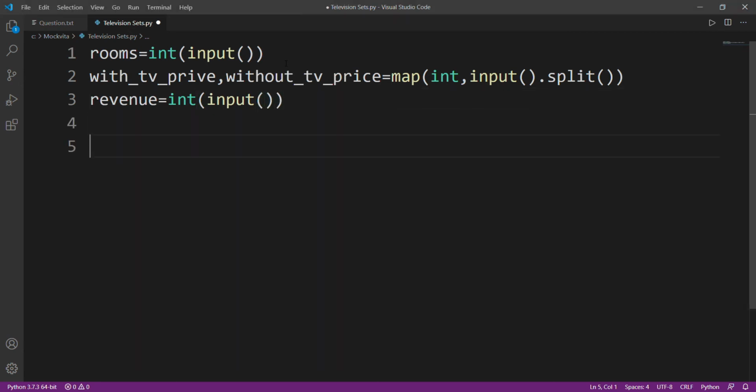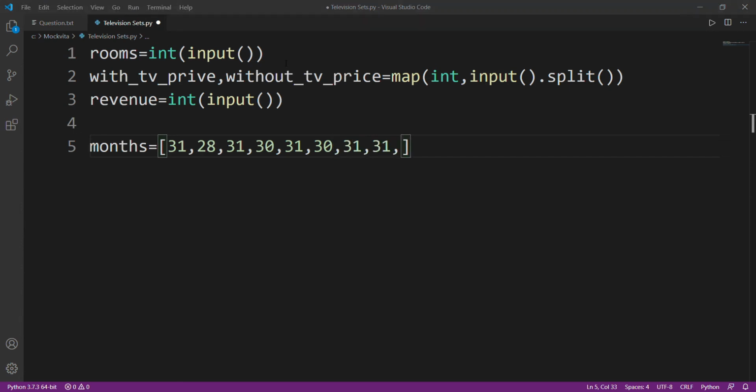Now I need to calculate a months list. Why? Because I don't know how many days every month has. I need to know how many days every month is, and I actually know it. Firstly, January 31, 28, 31, 30, 31, 30. All right, I'm getting confused. 31, 30. After that, 31, 31, and 30, 31.